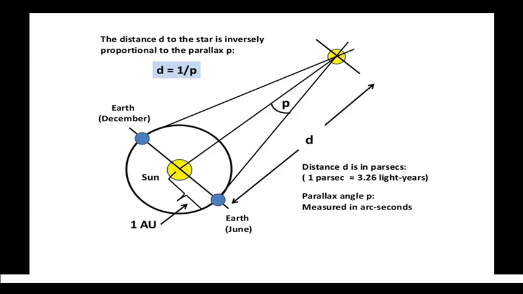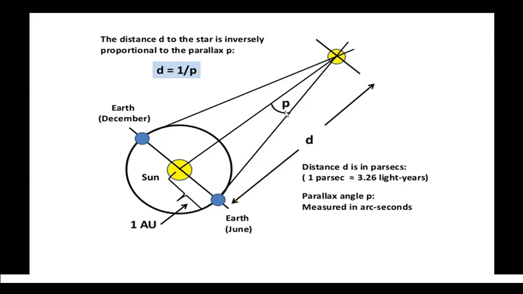This parallax is also known as trigonometric parallax or heliocentric parallax or annual parallax. So there are different terms for it: trigonometric parallax, heliocentric parallax or annual parallax. See, this angle, this semi-angle is now given as P.